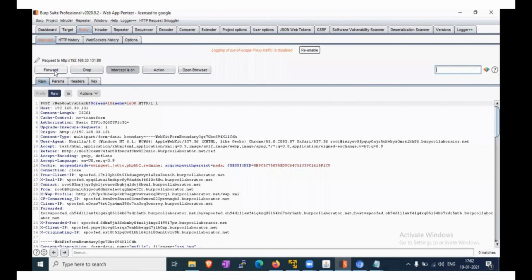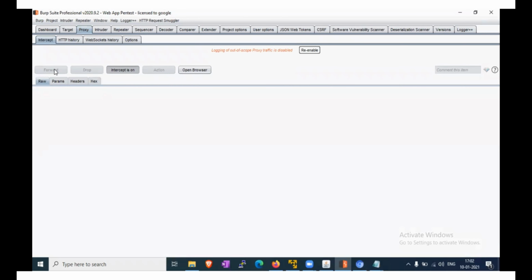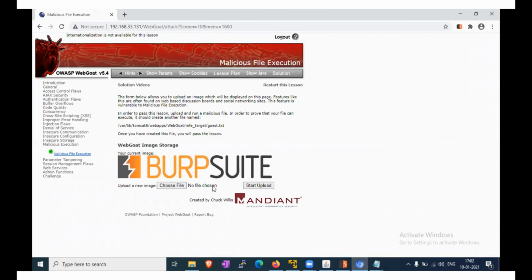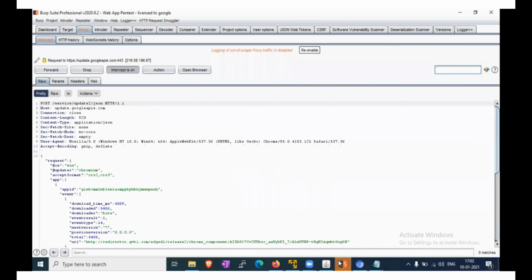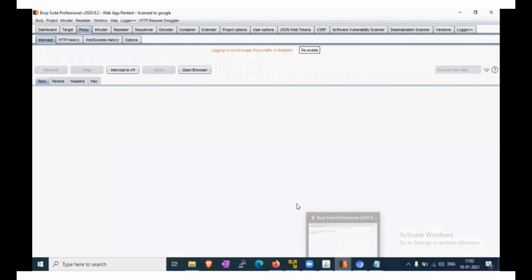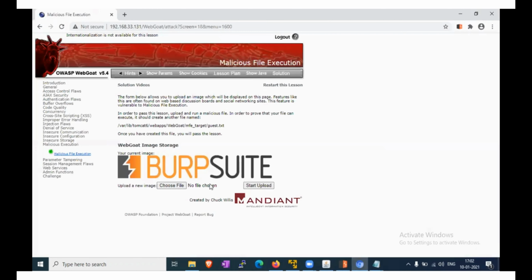Okay, this one is not forwarded. Now make sure to turn off the intercept and just check Burp Suite.